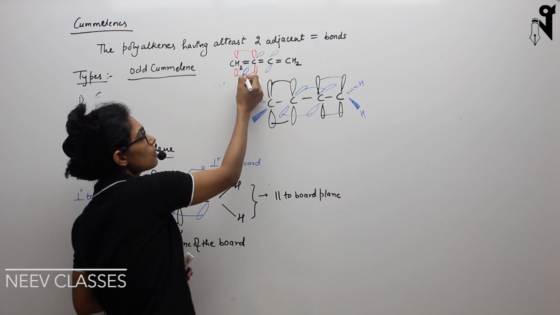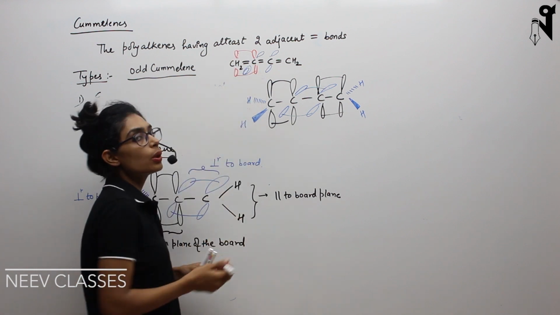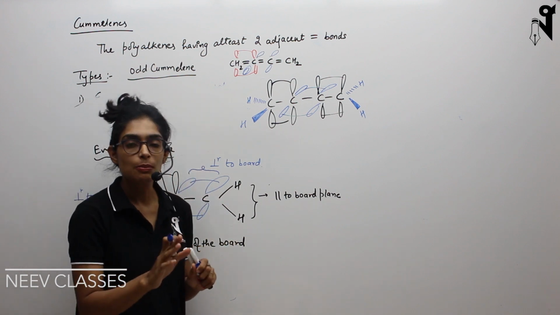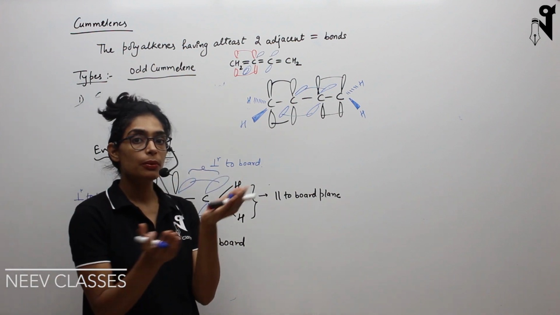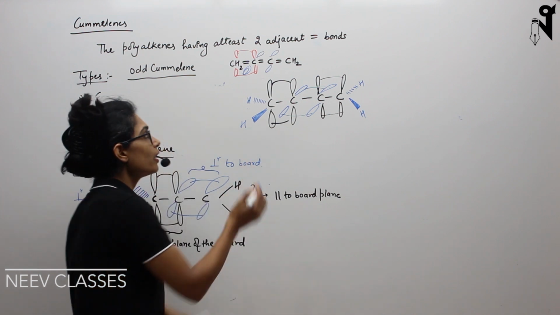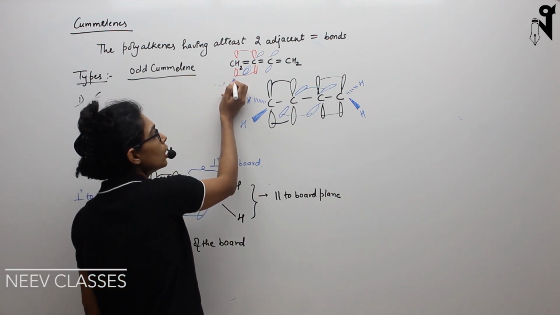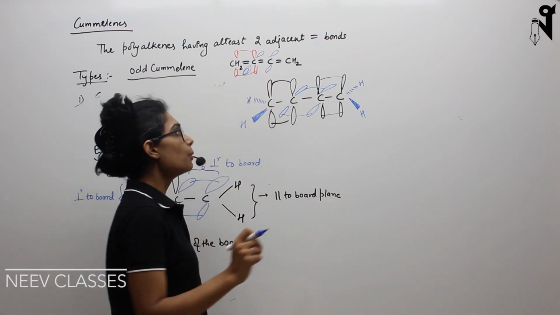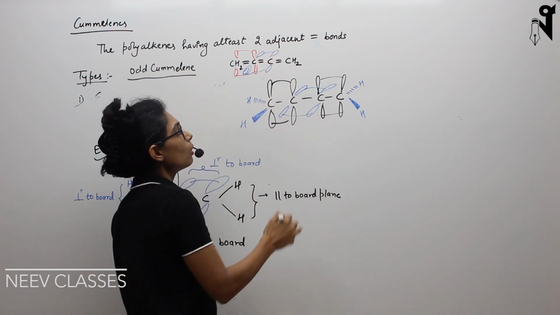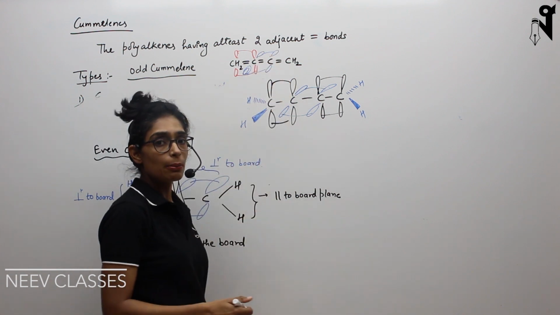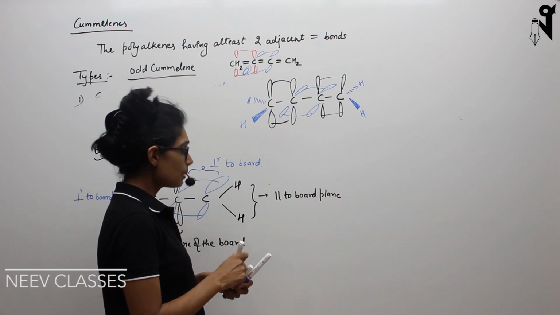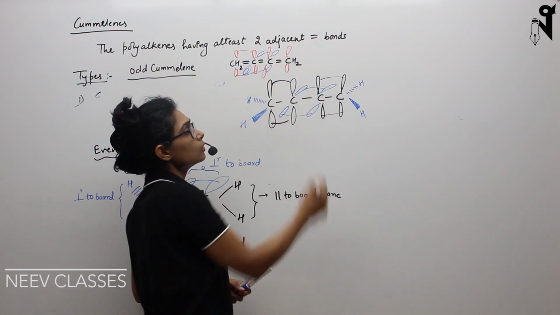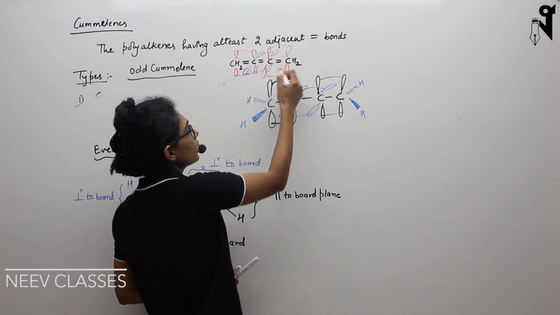Let's assume this red p orbital was parallel to the plane, and this blue one is perpendicular to the plane, because these two p orbitals will be perpendicular to each other. So if one is parallel to the plane of the board, the blue one is going to be perpendicular to the plane of the board. So these will form the pi bond now. Now this third C is again forming a pi bond with the next CH2, so again this will be using another p orbital. So let's draw another p orbital. This is my other p orbital, and it will be forming the pi bond.